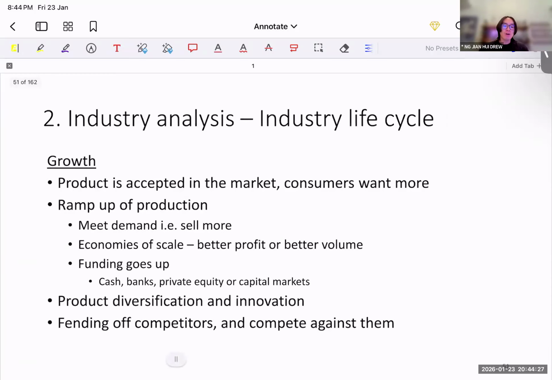Then we move on to a growth stage where we see that there's increasing demand for your products. But with increasing demand comes increasing competition as well, right? We see increased competition because people see that this business idea is actually working. We want to replicate this business. We want to replicate their products. That's where we see a lot of competition. And having things like patents, maybe you have a niche product, this would help you fend off any competition, right?